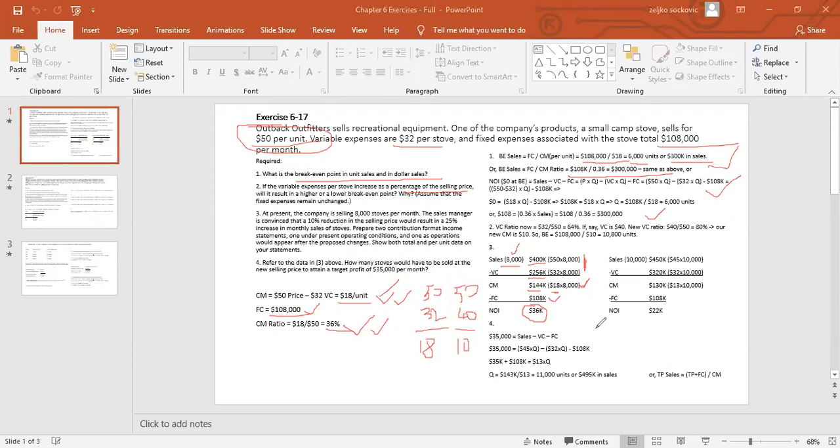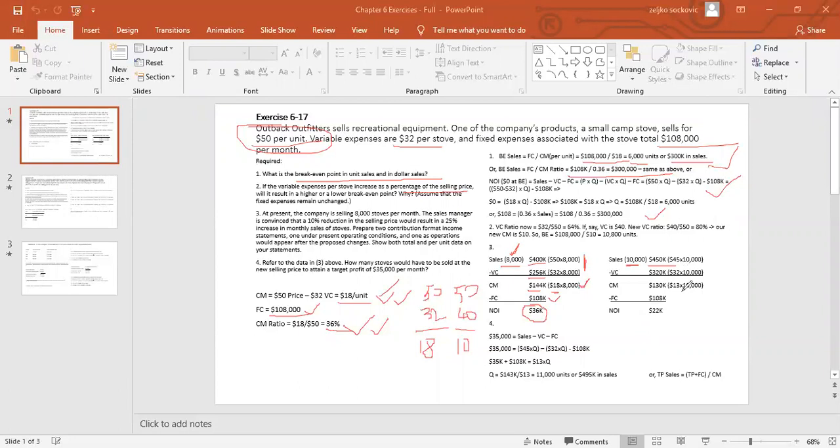Now, if you do this, then what would happen? Well, if you do this, it says there is a 25% increase in unit sales. So you would sell 10,000 units because 25% of 8,000 is 2,000. So your new sales will be 450. But remember,